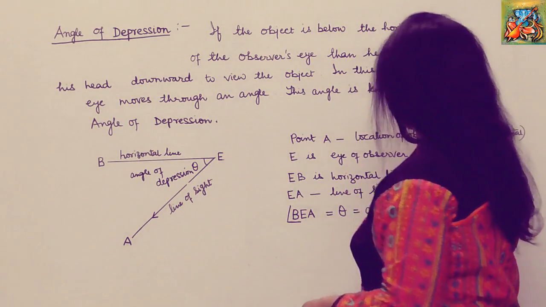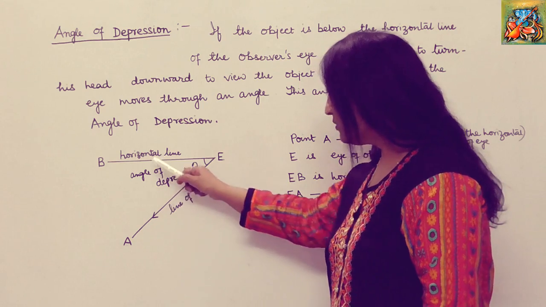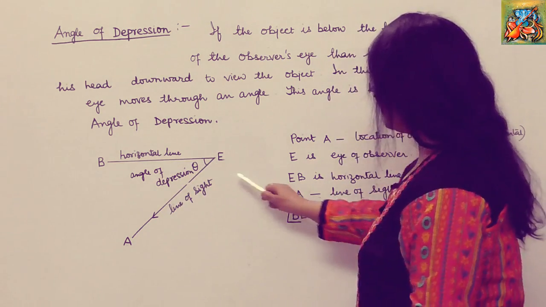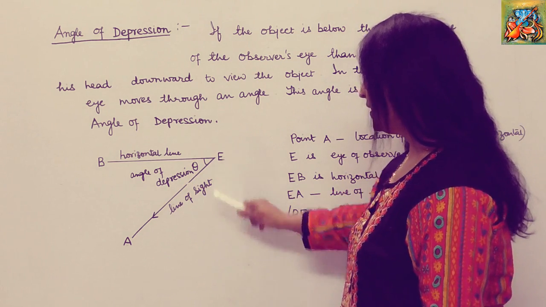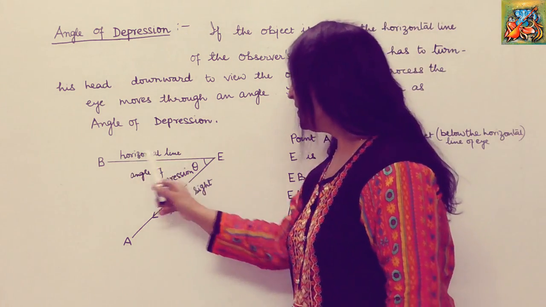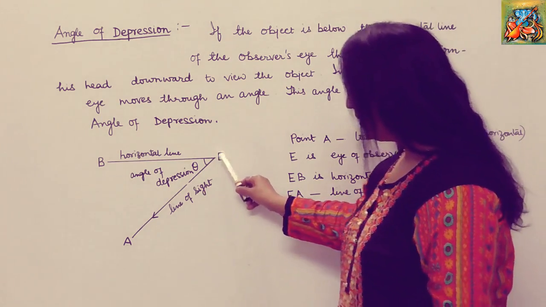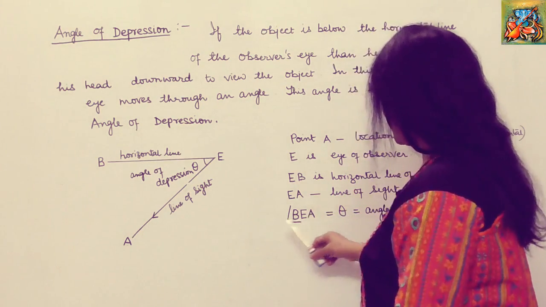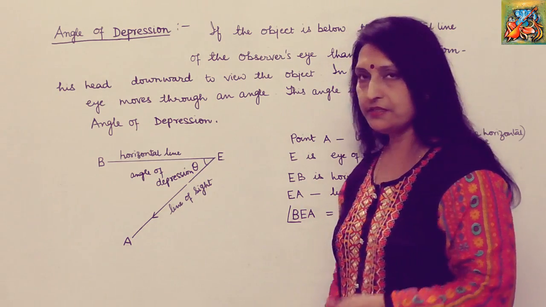Point A is the location of the object. This is the object which is below the horizontal line of the eye of the observer. Point E shows the eye of the observer. EB is the horizontal line of the eye. EA is the line of sight, which is in the downwards direction, and angle BEA is the angle of depression,